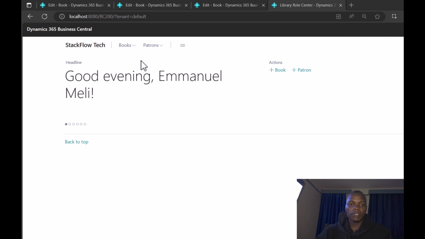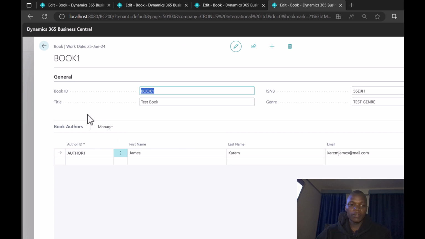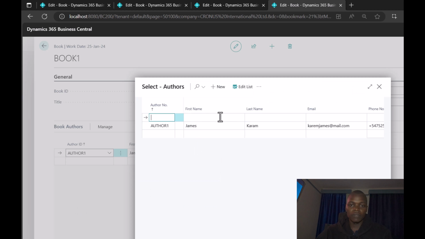It has published successfully, so I'm going to head straight to the books, and then right here on the list part, this part is called the list part. I'm going to click on this drop down arrow, and then right here you can see a plus sign that when you click, it opens for you a list of your authors. So I'm going to have author 2